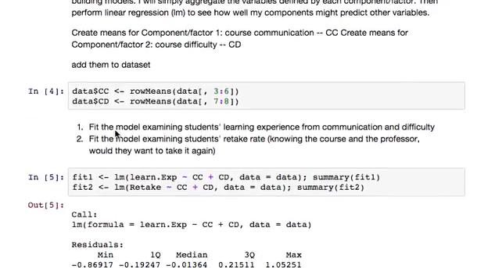To validate, we might take a look at the student's learning experience and predict it from communication and difficulty using just a simple linear regression, or we also might want to see whether the students would take the course again given what they know about the course and what they know about the professor, which is the variable retake. So to fit the linear models, we're going to be using the function lm, regressing learning experience and retake rate on the variables CC and CD in our new data set,